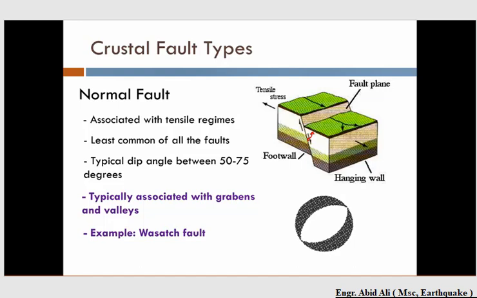The typical dip angle of these faults is between 50 to 75 degrees from the horizontal. And again, we usually see these types of faults associated with grabens and valleys. A good example of one of these faults would be the Wasatch fault, which is located to the east of Brigham Young University. So if we do our stereonet projections